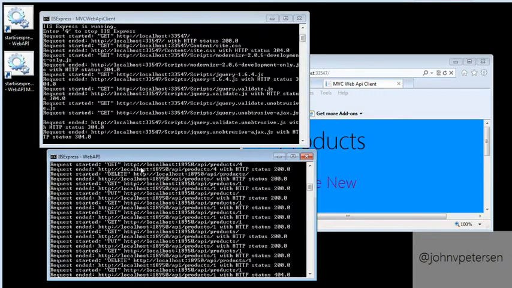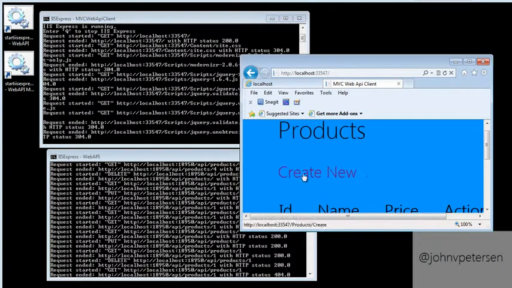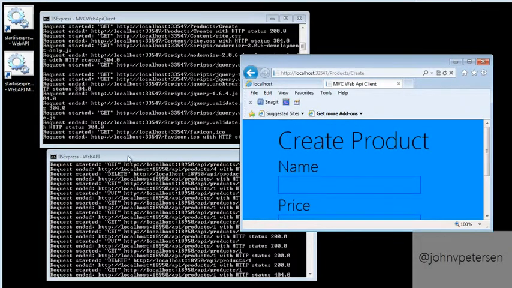The Web API client then has to interact with the Web API. The Web API then will, remember that data flow, go back up through the Web API client, and then we will get something back in the browser. So for instance, let's create a new product. Now notice the Web API didn't get hit. There's no need to, right? Because all we're doing is just spinning up an empty product.